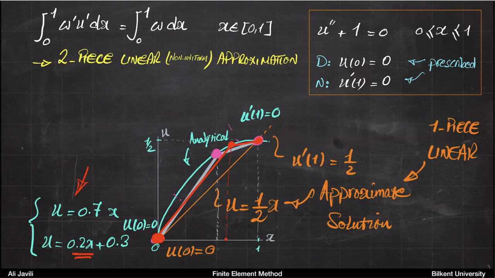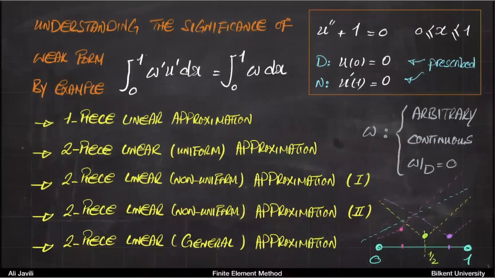So this is the key idea. You can do these multiple-piece approximations, and now, as I promised, we are going to do the same thing for a different function. So back to our agenda, we just did this. It's a non-uniform approximation, a two-piece linear. We are going to do the same thing again